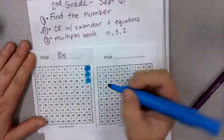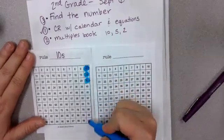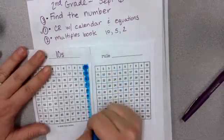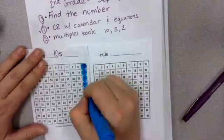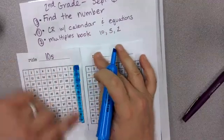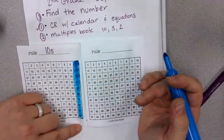30, and then hopefully they'll start to go, oh my goodness, it's making a pattern. 40, 50, 60. And a lot of times after that, kids will want to go straight down. That's fine. And we'll start using this so they can actually go higher with their 5s and their 2s when they're counting